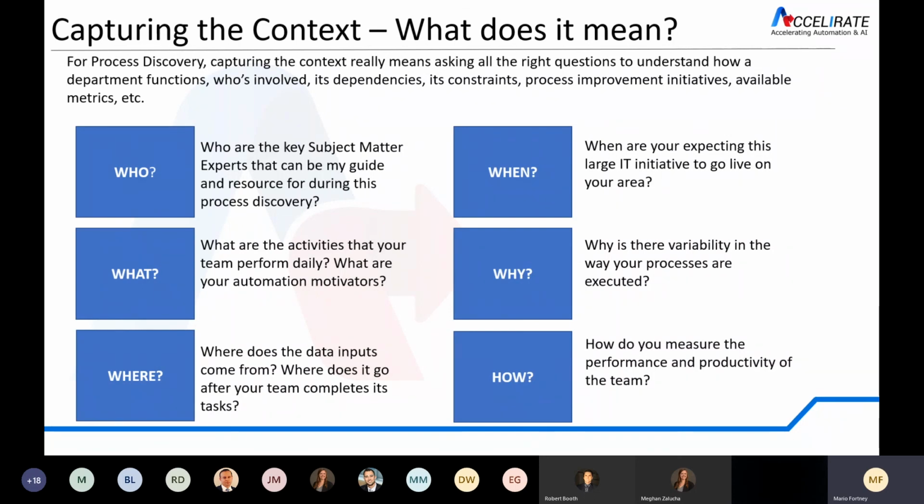And then lastly, how do you measure performance and productivity of the team? That can be a very important question, especially at the very beginning of your process discovery, when you're just trying to figure out where you want to spend your time. Those particular metrics inform you what that department considers important, what drives them to perform, and what metrics they're tracking. Those processes that contribute to those metrics may be where you want to spend your time, because you're not only looking for cost savings, there are other benefits, throughput benefits, or